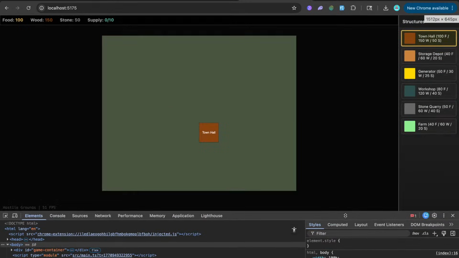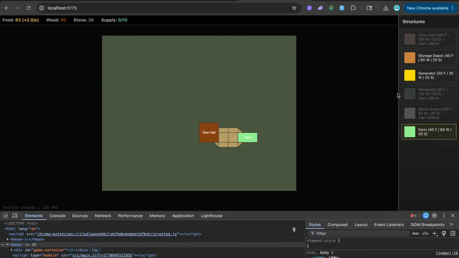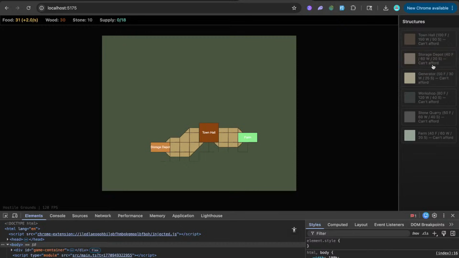There we go. Yeah, so fundamentally, this game has a problem. You should be required to have a farm and probably a workshop before you can build anything else. Because if you don't have your wood increasing,